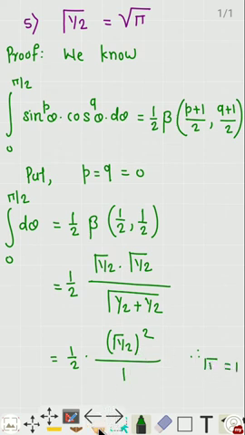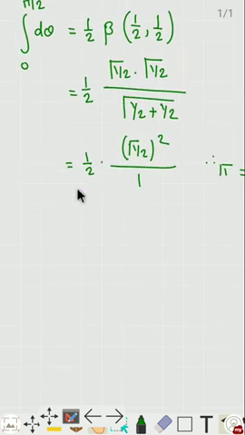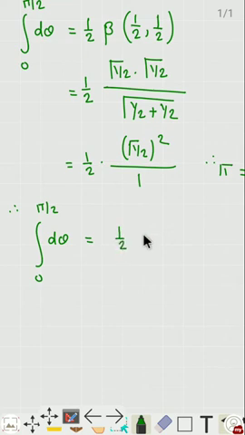So try to solve this left hand side integration. Up to now what we have is integration 0 to pi by 2 d theta is equal to 1/2 into gamma half raised to 2, and the integration is theta,